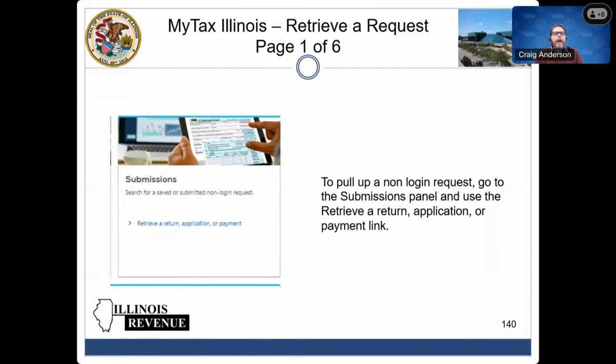So once we get past that, we have successfully submitted the return. In the event that you have submitted it and then you suddenly realize, hey, there was a W-2 that got missed in the pile of W-2s that we had, we'll be able to go through, and at the very bottom on the main page of MyTax Illinois, so this is a non-login information,